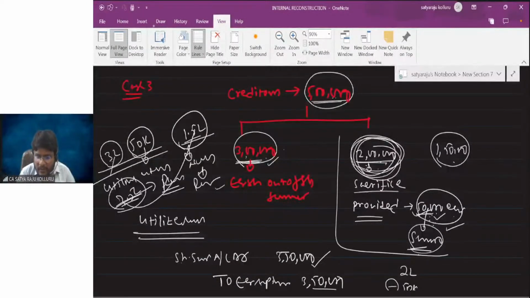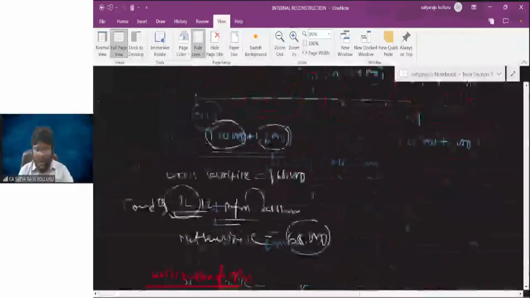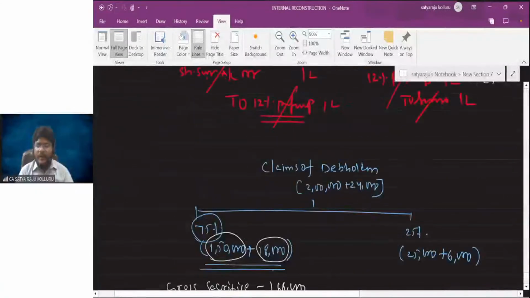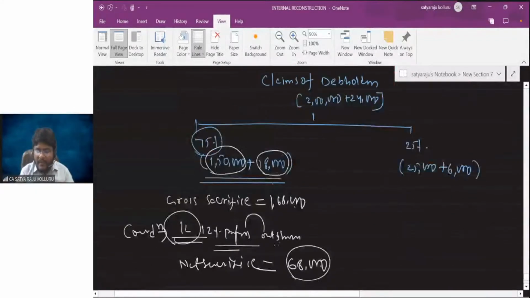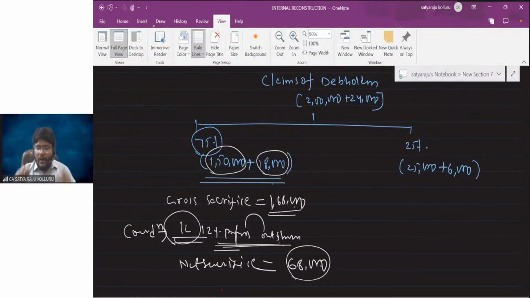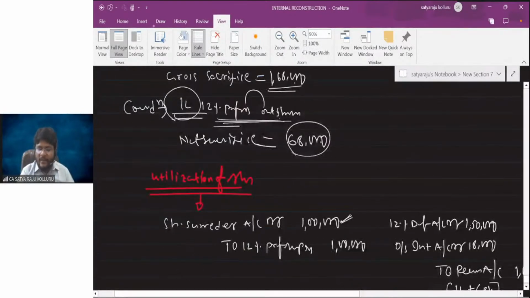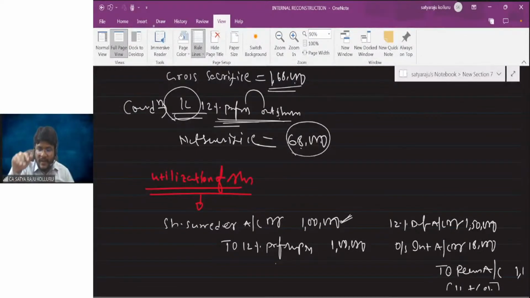Only this case right now they applied for the debentures here. Now the debentures, what they did, sir, 1,68,000 gross they are sacrificing. In return they are expecting 1 lakh worth of preference shares. Now I'm utilizing the share surrender for 1 lakh. For that purpose, share surrender to preference share capital is the entry. For the net sacrifice 68,000, for the amount utilized by the share surrender, total you need to put under the reconstruction account at the time of settling. That's why 12% debentures, outstanding interest to reconstruction.